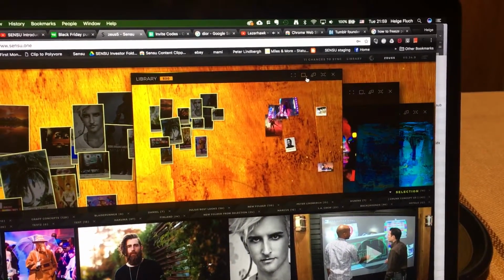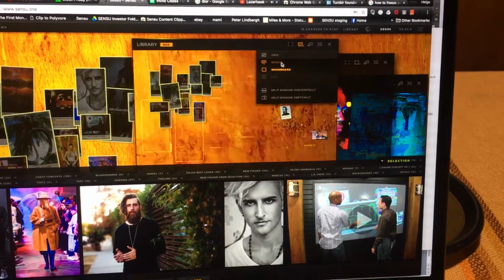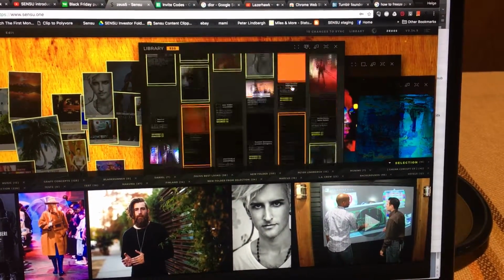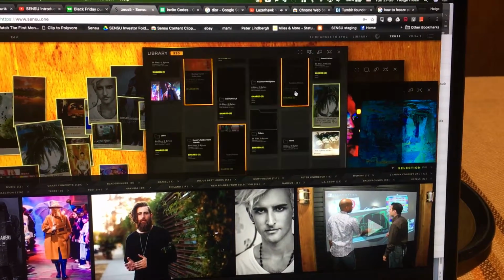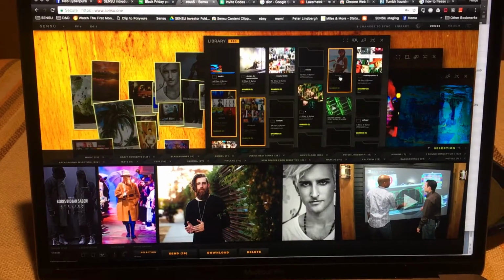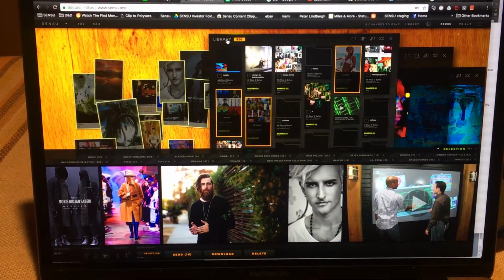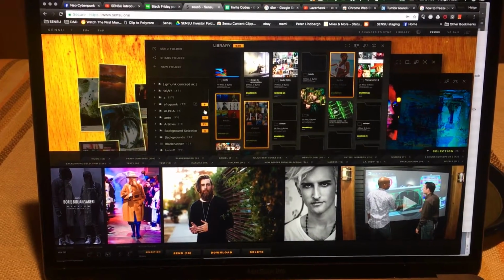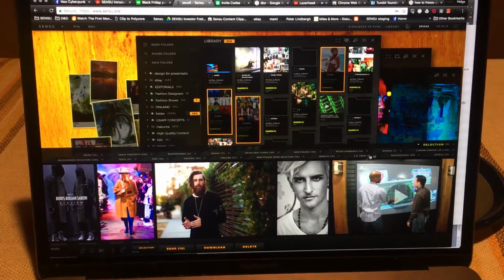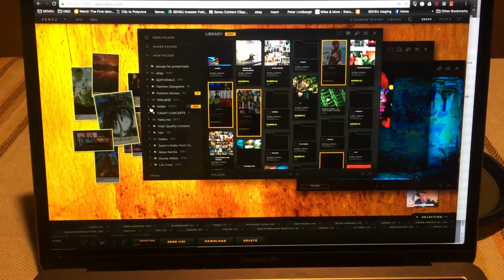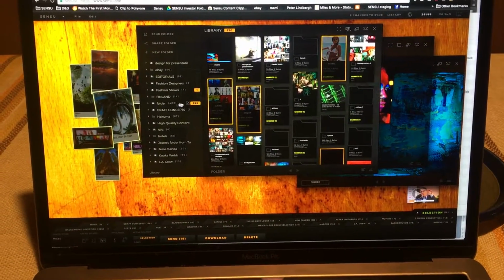So let's go back here in the view, let's say to the mosaic. We see some orange borders around all these folders. What are they? They are basically telling me something new happened in here. Somebody else published content in there, or I put content in there. Here I see it also in the library. If I go down here, I see all these numbers. So in all these folders, something has happened. Let me just close this here for a second to give us more space. For example, here in this thing called folder,